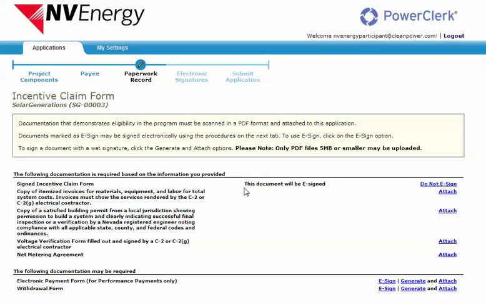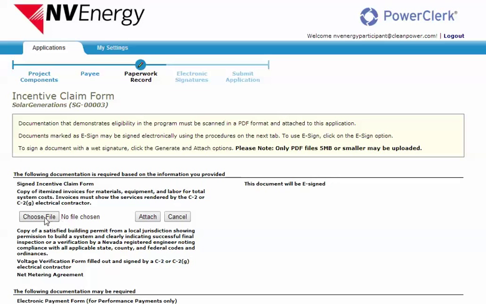It's made now a note that this document will be e-signed, and if I decide not to and reverse that, I can go ahead and click do not e-sign. For the others, I notice I will need to attach them. Here's a copy of itemized invoices for materials, and I'll go ahead and attach a document from my computer that